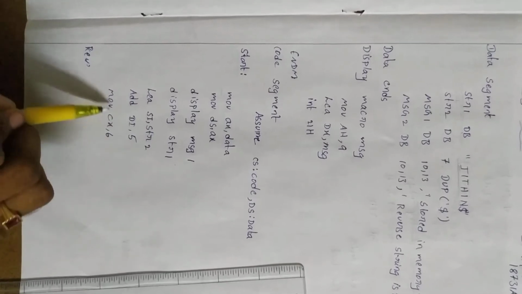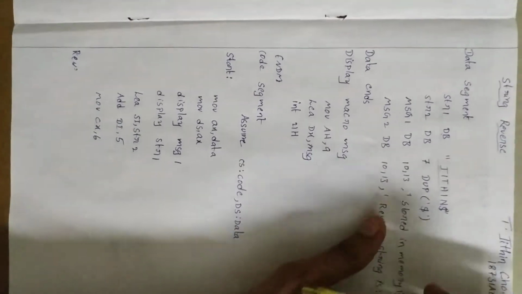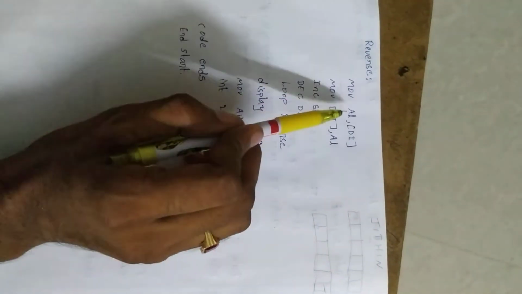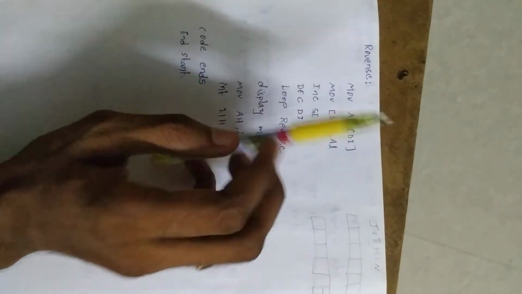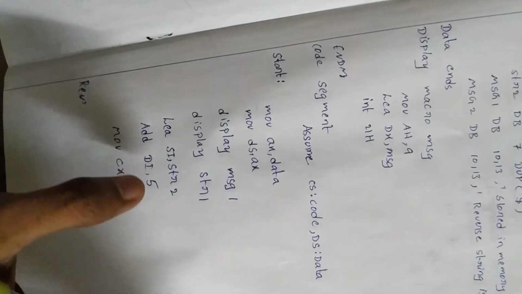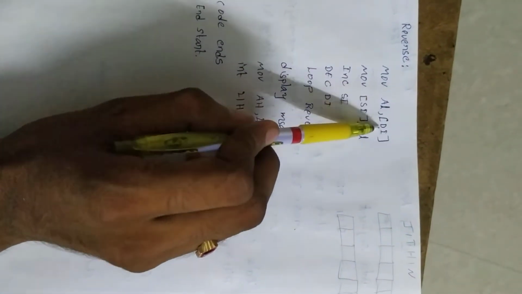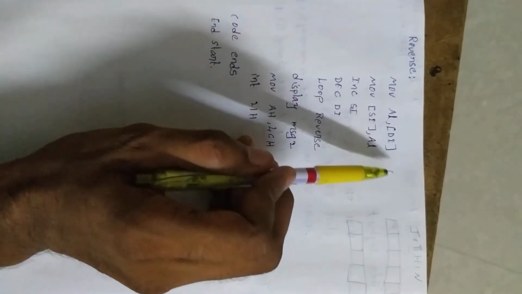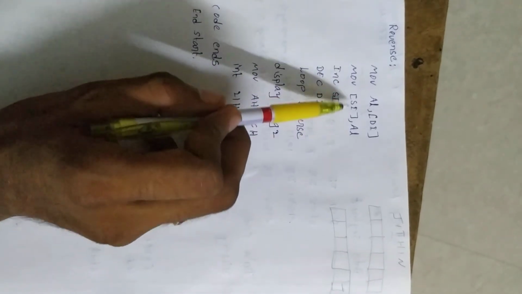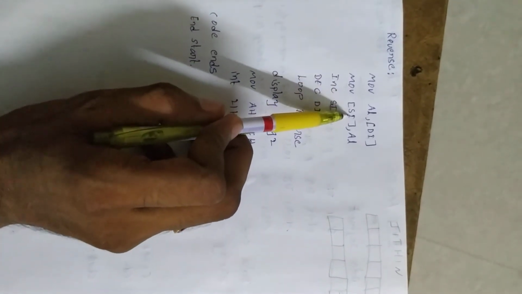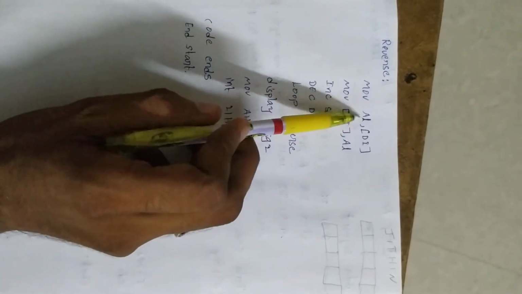Add di, 5, mov cx, 6, and now we are going to the actual reverse logic. Mov al, di, that means here load effective address is taken as di, so here the al register takes the di memory, that means initially j is taken. Mov si, al, and it is stored into the si register from al, that means,